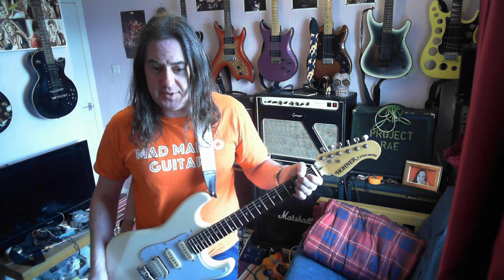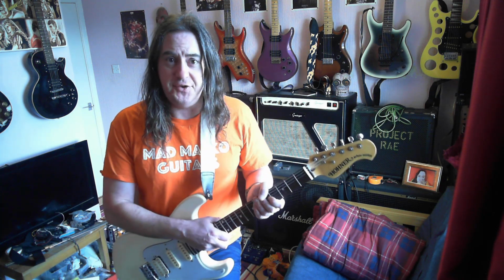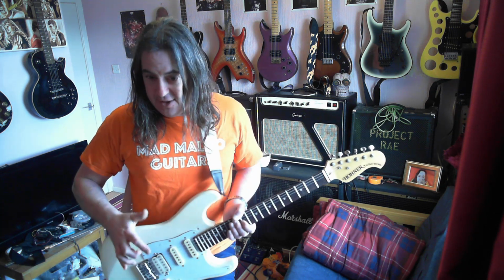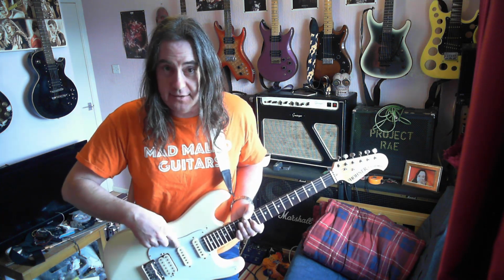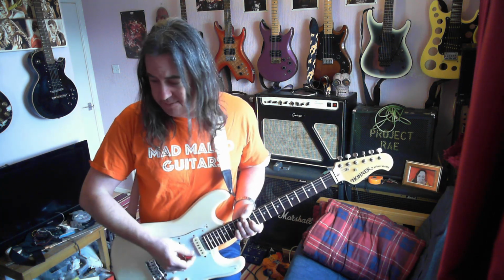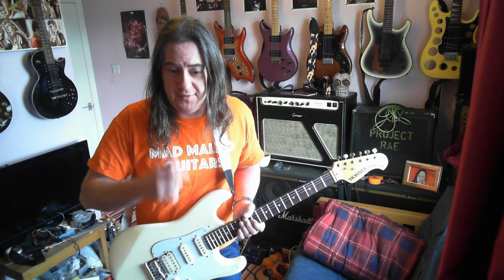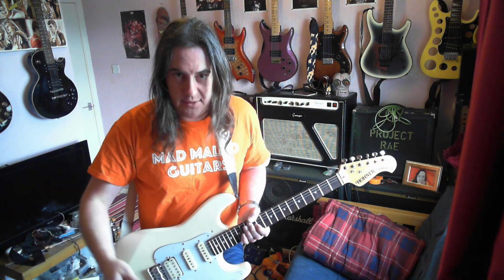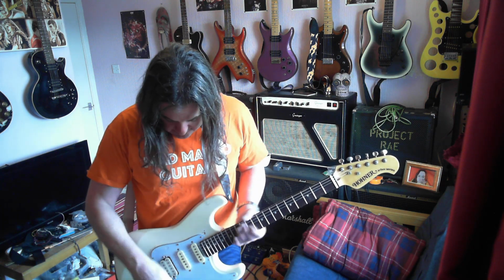The wood is the same with Squier guitars from this era. The neck wood is great, the necks are brilliant, but the tuners are the cheap nasty ones. The pickups in this one, I like these. They don't sound like modern pickups. If you bought a modern Squier, they don't really sound like that. They're much more, yeah. I love